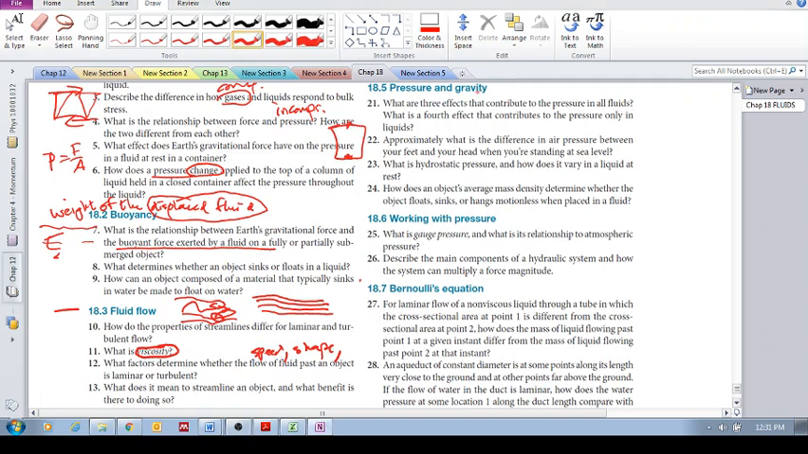Okay, pressure and gravity. 21. What are the three effects that contribute to the pressure in all fluids, and what is the fourth effect that contributes to the pressure only in liquids? Okay, so in all fluids it's going to be gravity, which we covered. It's going to be the motion of the fluids, and then it's also going to be the surface effects, which